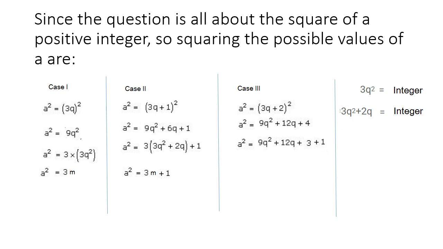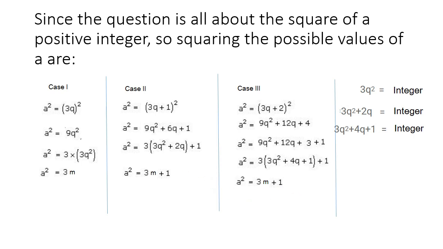Now you will notice why I am writing 4 as 3 plus 1. I could write it as 2 plus 2, but I am writing it as 3 plus 1 because I want 3 as common in the first 3 terms. That's why it will become 3m form. The plus 1 is not a problem here. 3 plus 1 is written as 4. So coming to the common part, now I can take 3 as common from the first 3 terms. After taking 3 common, the expression will become 3 times 3q square plus 4q plus 1. Here the whole bracket is again an integer. Integer plus integer plus integer, this whole bracket comes out to be an integer only. So it can be written as 3m plus 1.